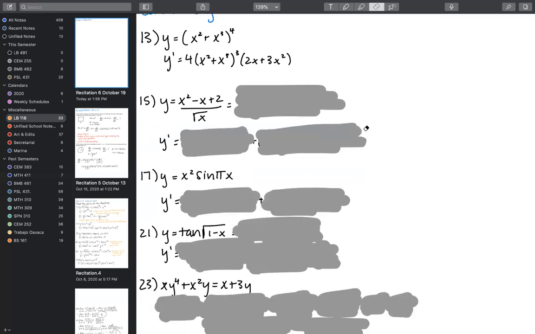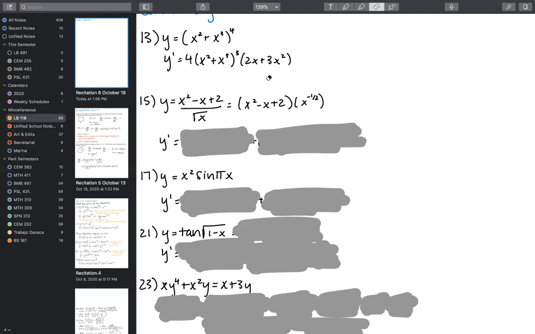15, another chain rule problem. Well, so this problem, you could choose to go about it as a power rule or as a quotient rule, or a product rule, I should say. So what I tend to do is I tend to take things from the denominator if they're simple enough and do a power manipulation such that I can do the product rule. I find the product rule to be simpler in terms of how many terms I'm going to write down.